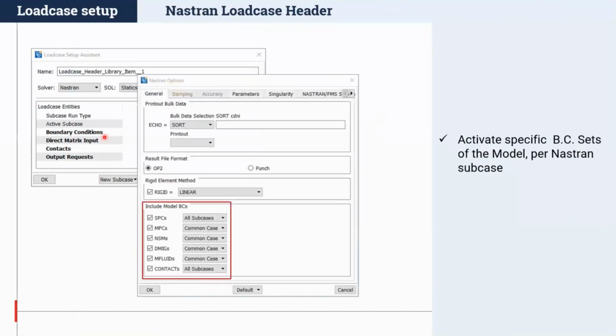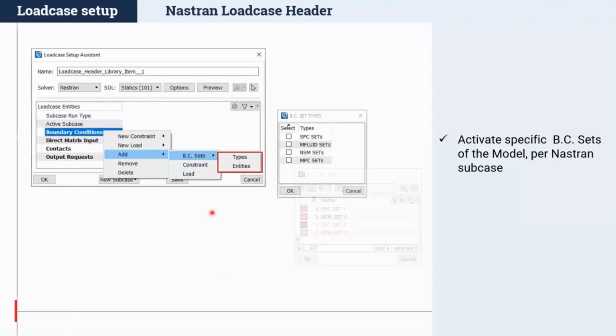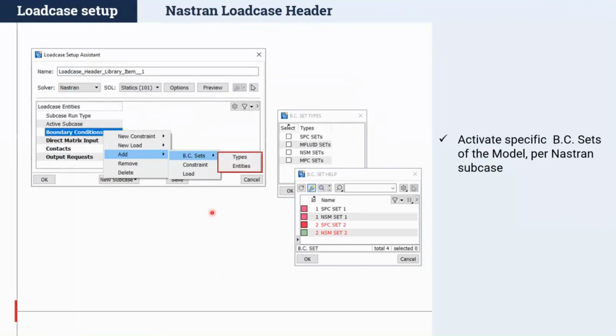Going forward, we can also support this control per type using the right click context menu options. It is also possible to activate specific boundary conditions of the model per Nastran subcase. This is supported through the boundary conditions, right click, add boundary condition sets per type in the load case header.